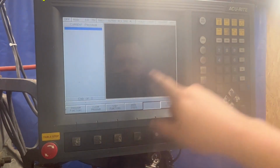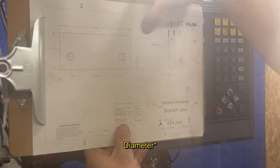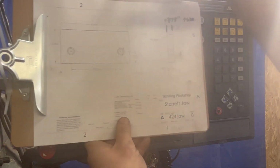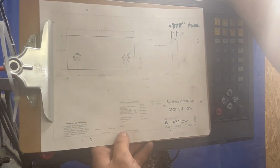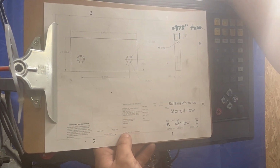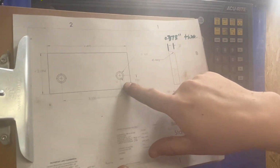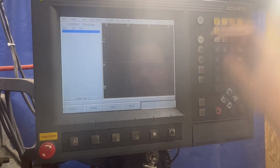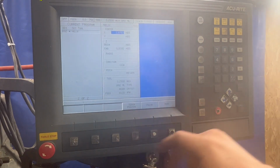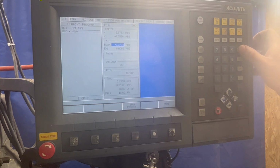Program. Tool. Tool library. Set tool, make sure that's right. Our inner radius is 347, so he's probably using 5/16-18 socket head cap screws. He wants that 347 on the diameter. Complete diameter. You want to half that. Circle. Helix. Teach position. X. Teach Y. Teach Z. Plus